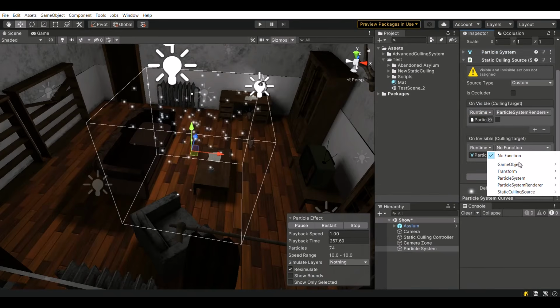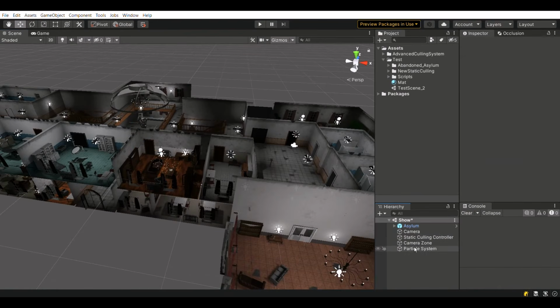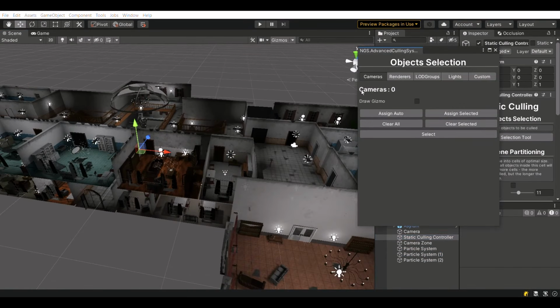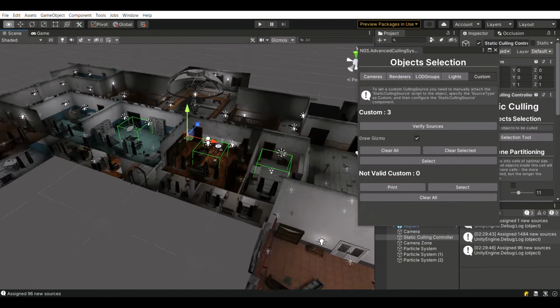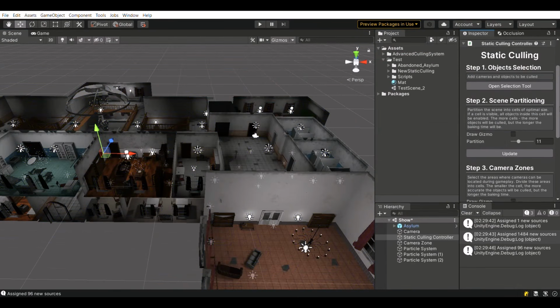Since Advanced Culling system is actually completely reworked, I decided to not upload an update, but create a new separate asset. For those who have already purchased it, access to the new asset will be free. A couple of minutes ago I pushed the last commit, and I'm excited to show you some new features of